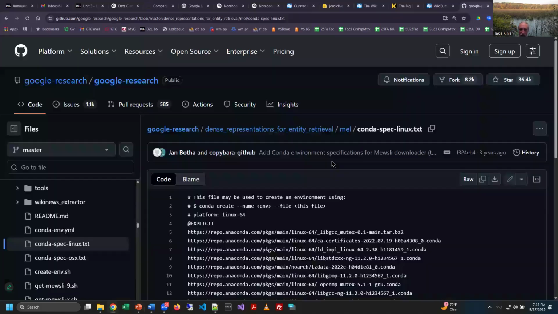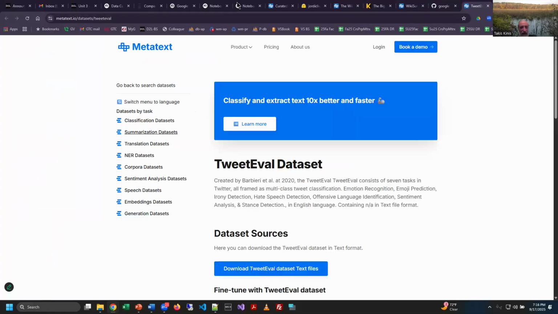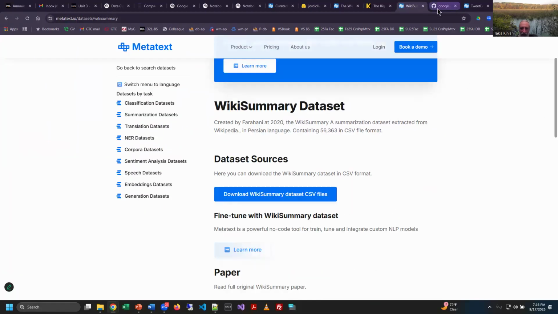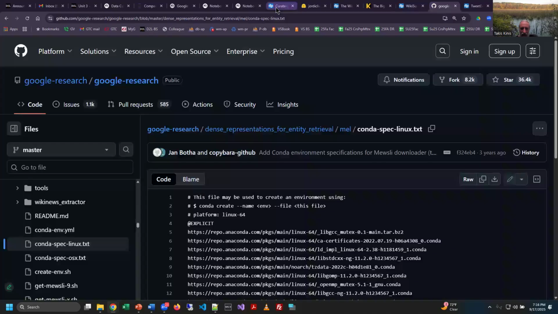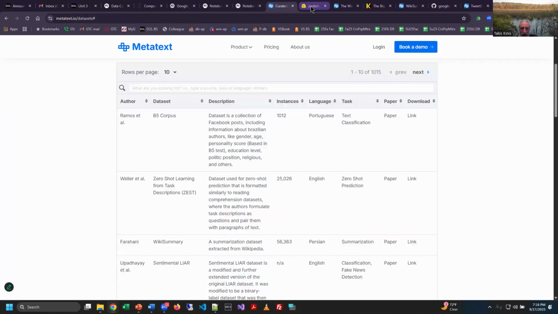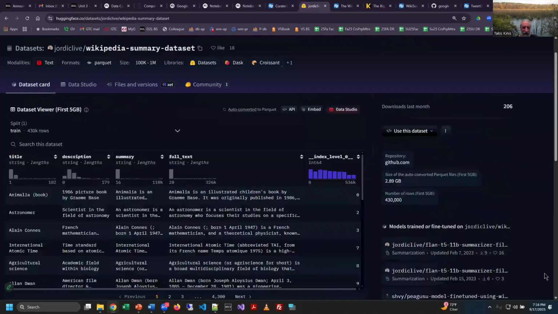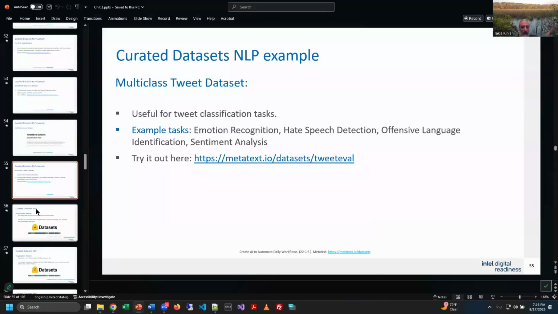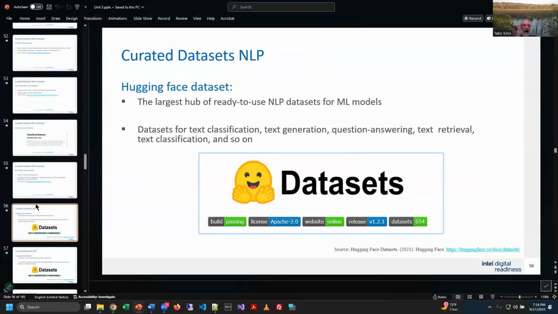Now, I'm trying to get to one of the data sets, and for whatever reason, it's really fighting me a lot. I thought I had this up in one of my tabs here. And this is the one I think, here we go. This is the Wikipedia summary data set. I think what happened is I got to the Hugging Face stuff, which is coming up. So I'm going to circle back here. Oh, wait, it's next. Okay, perfect.